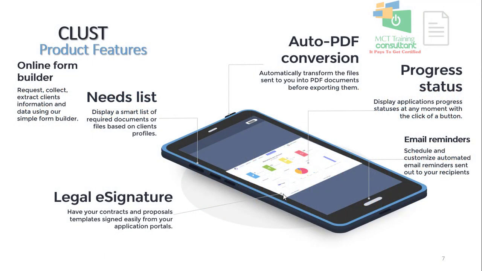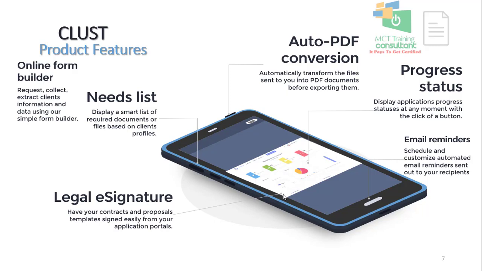So these are some of the features of Clust. I'm just going to look at a few of them I have right now on my screen, but when we look at the website later on, you're going to see a little bit more features that come with Clust. First, the online form builder. Now imagine you started a new business and you need a certain type of information from clients. You have a form you've created in Microsoft Word, and you need to send this form through PDF or as an attachment on your email, and people need to print those forms, fill them, scan them, and send them to you.